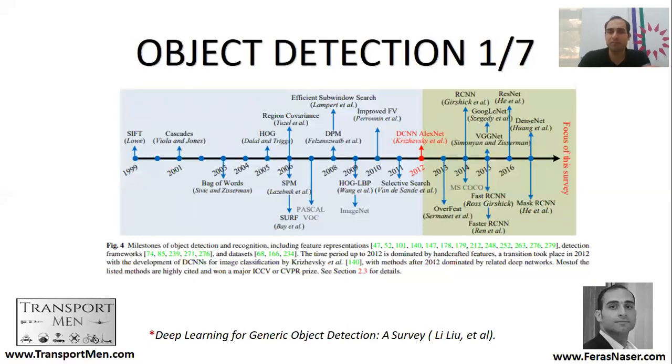Object detection research has been going on for a very long time, since 1999. But a great breakthrough happened in 2012 with AlexNet, which was focusing on neural networks. Then several developments happened with regional convolutional neural networks, then Fast RCNN, then Faster RCNN, and then we have ResNet and others, then Mask RCNN, and recently YOLO and single shot detectors, and recently even CornerNet. So there is continuous development, but the breakthrough happened in 2012, and these models are really, really promising.